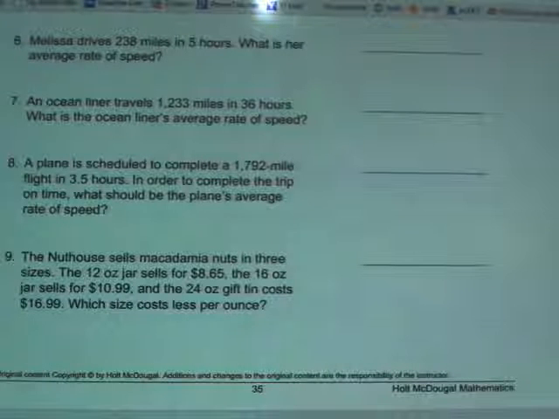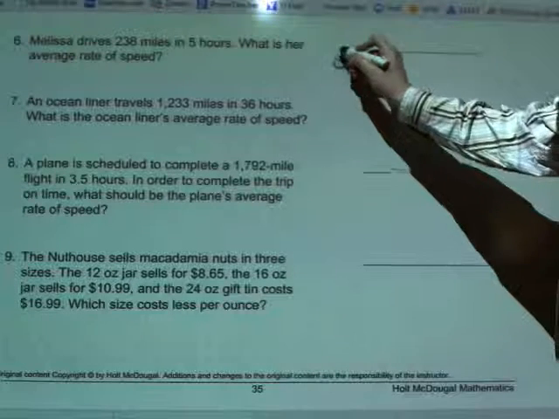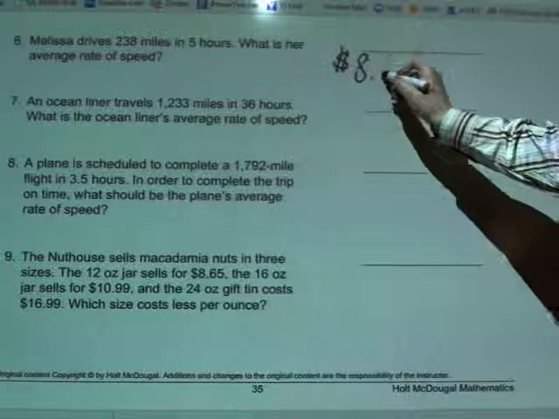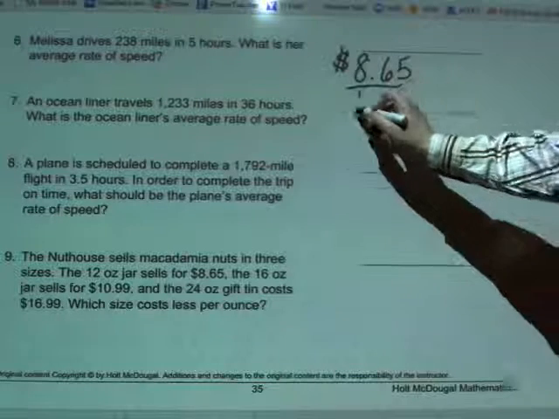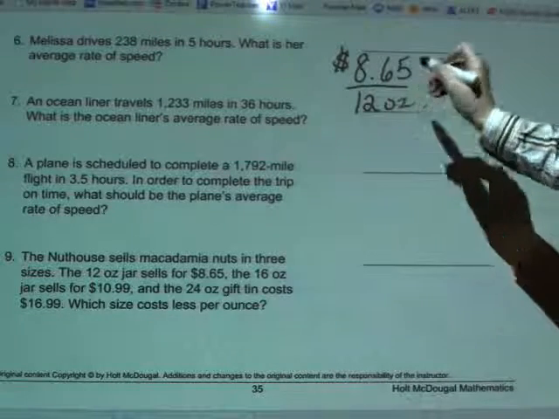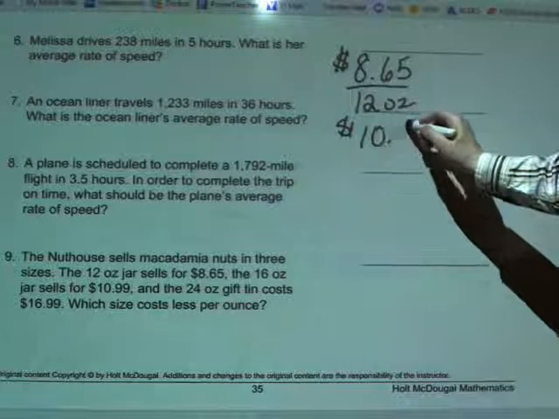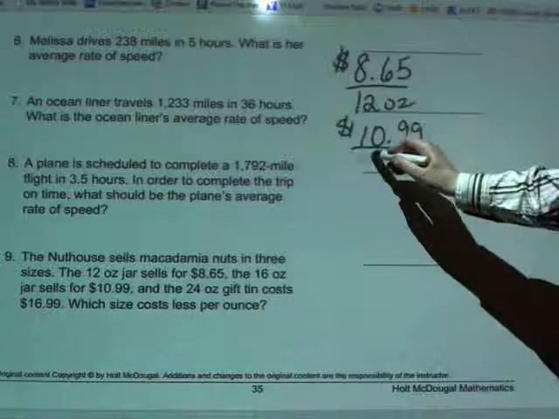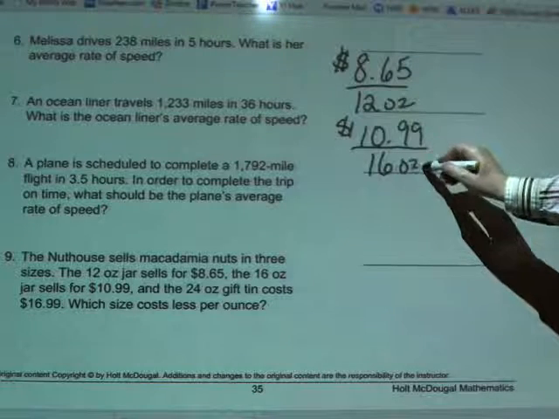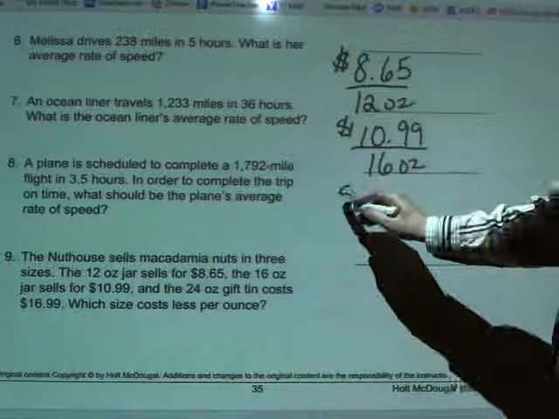And remember, we're looking for the dollar amount to be the smallest. So we can spend $8.65 on the 12-ounce jar, $10.99 on the 16-ounce jar, or $16.99